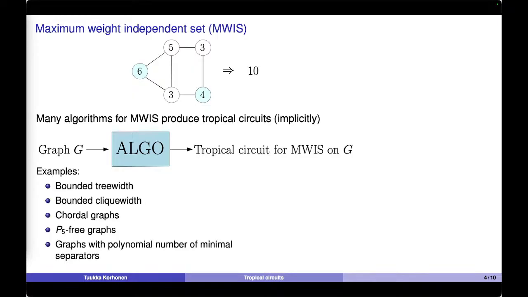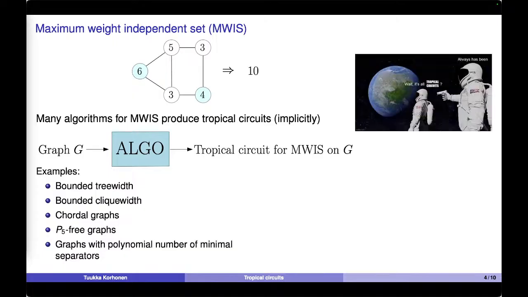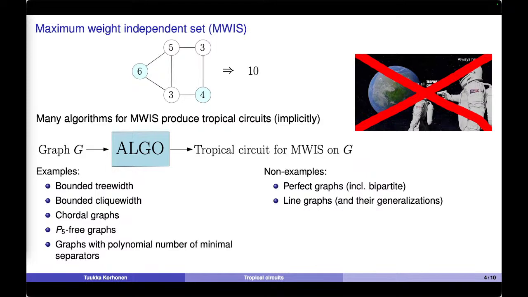Yeah, and so in theory, all the things we care about in graph algorithms, like bounded treewidth, bounded clique-width, chordal graphs, and so on, these algorithms for maximum weight independent set work efficiently. They work via tropical circuits. So you can maybe think, wait, it's all tropical circuits, but this is not true. Actually, there are a lot of non-examples, also a lot of very important algorithms for maximum weight independent set that